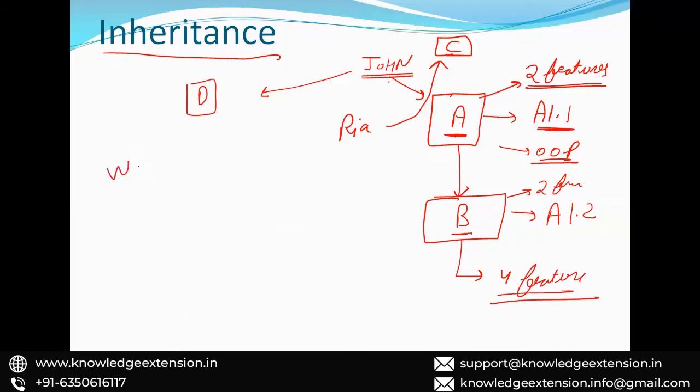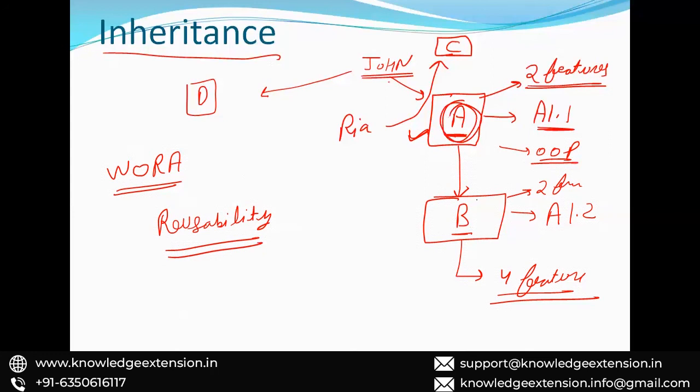Understood? That means write once, run anywhere. That is the concept, and there is no need to rewrite the code. It is basically implementing reusability. If anybody is writing code, there is no need to copy paste or write the code again. You can just reuse it. How can we reuse? We can simply inherit a super class into a new child class, and all the features available in the upper class are automatically inherited into the new class.